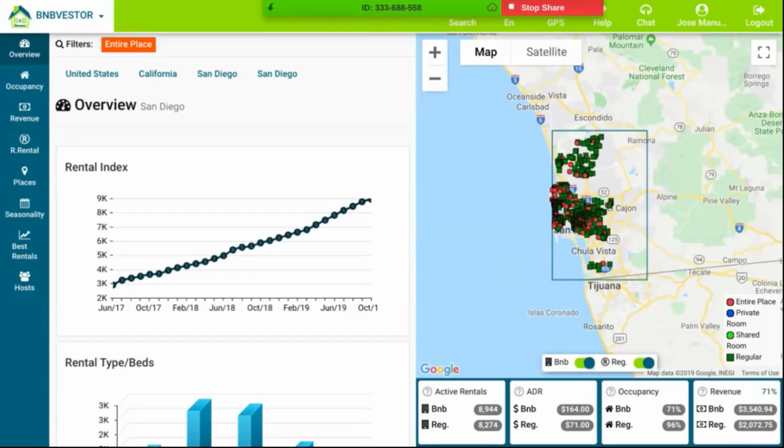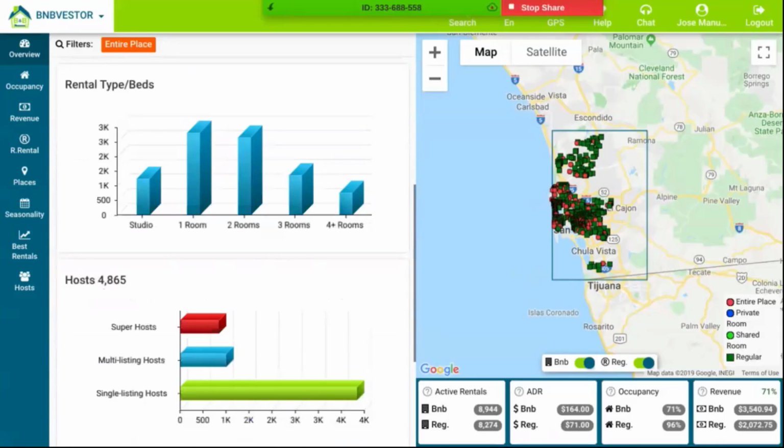So it means that I have basically $1,500 more in revenue if I put the property in the Airbnb market. Now, how do I come up with this? I want to show you numbers so you can see everything in the market.